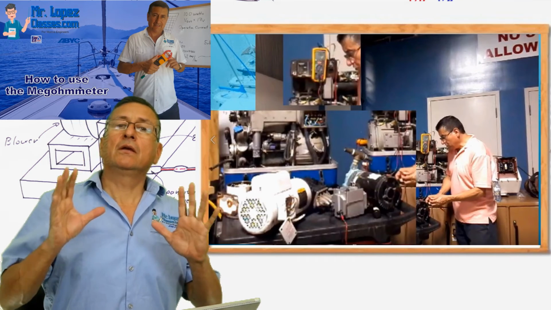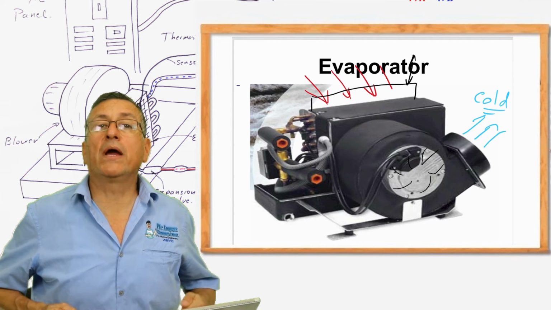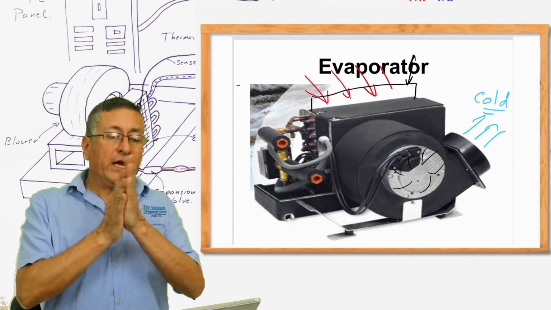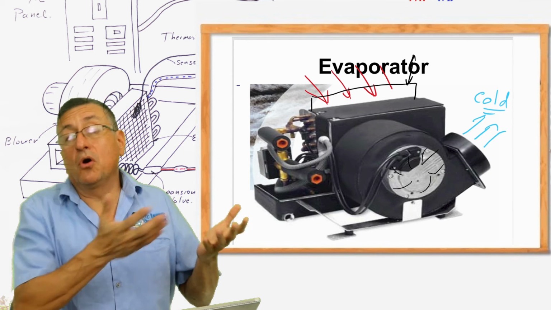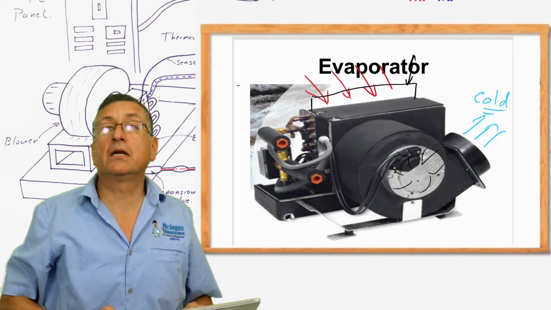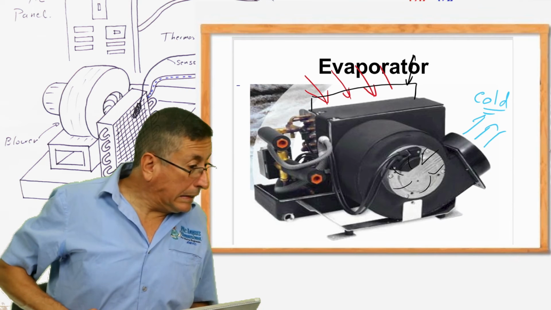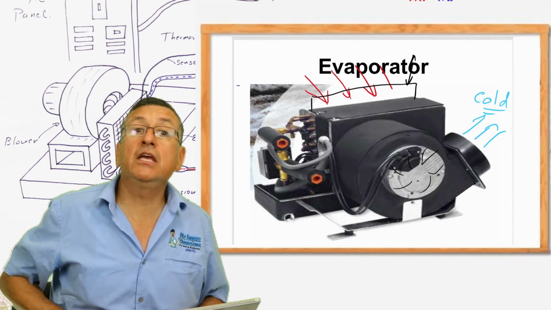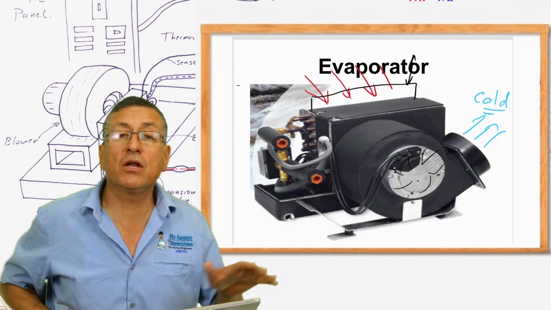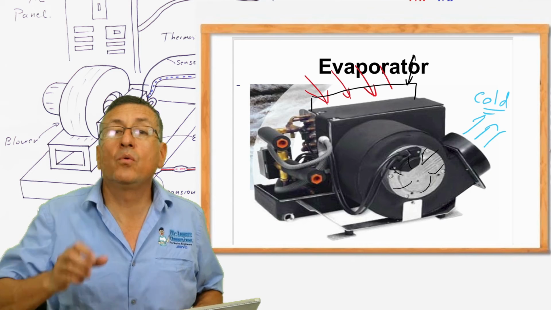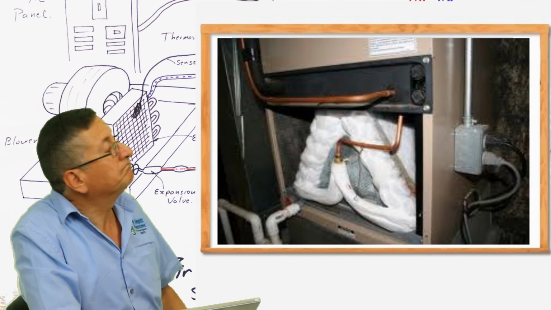Yes, you can check the capacitor, and with the measure you check the condition of the winding of the motor. Okay, what is the symptom when you have problems, for example, with the blower or the air filter? What is the first symptom in the cabin of your boat? Oh, behind your bed, a lot of water. In your home, you have in the saloon a lot of water. In the kitchen, water. When you open the cabinet and you remove the filter, you find a block